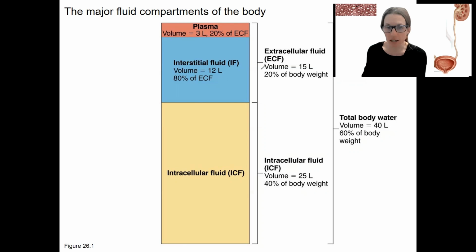So first, I want to remind you of the fluid compartments in the body. This is what we need to regulate in terms of when we're regulating fluid. Very important thing to regulate, especially the intracellular, which makes up about 40% of our body weight, is inside our cells. That's crazy. This is all inside our cells. This is interstitial fluid, and then the plasma is only 20% of the ECF, which is 20% of our body weight. So plasma is the component of blood that, when we think about regulating blood pressure, this is what